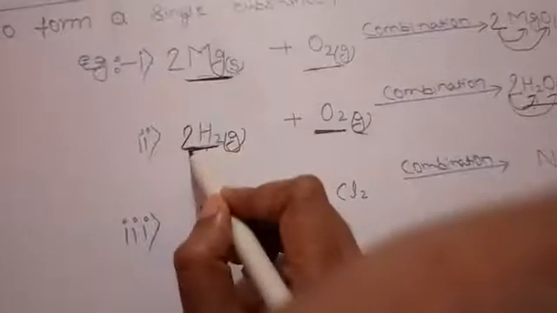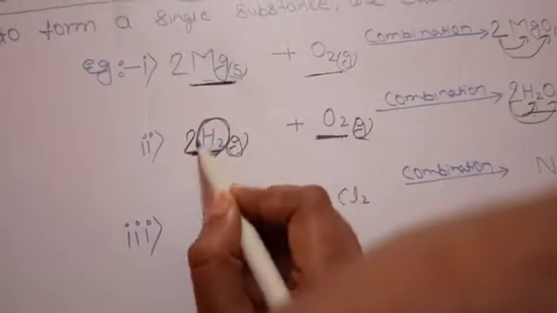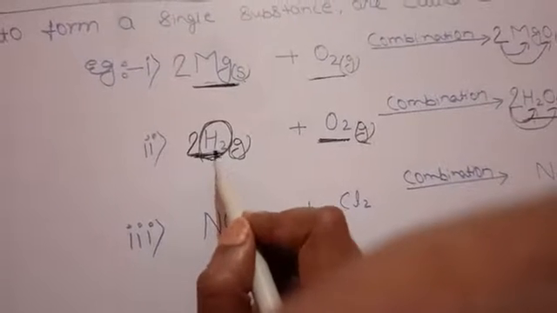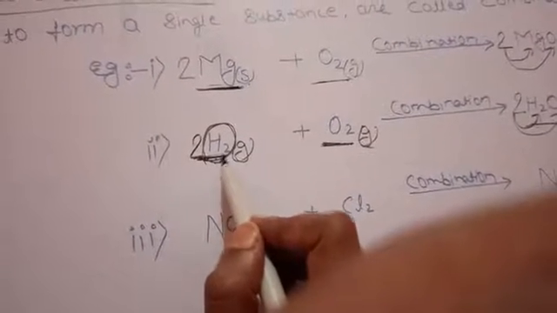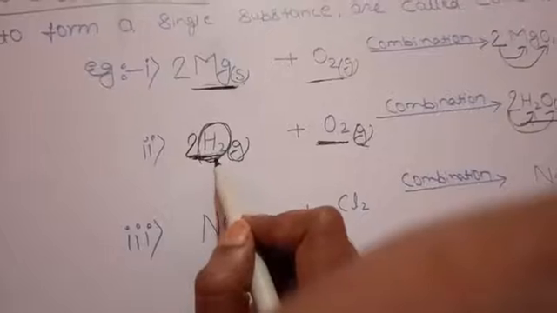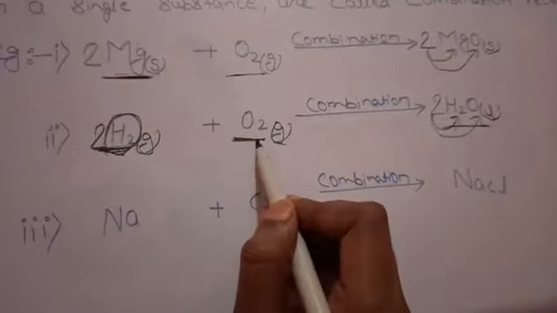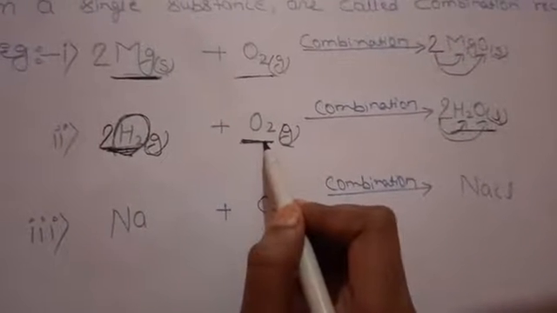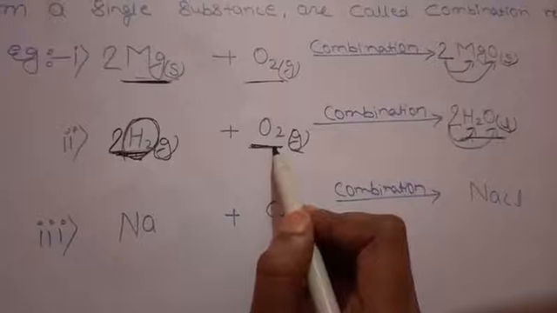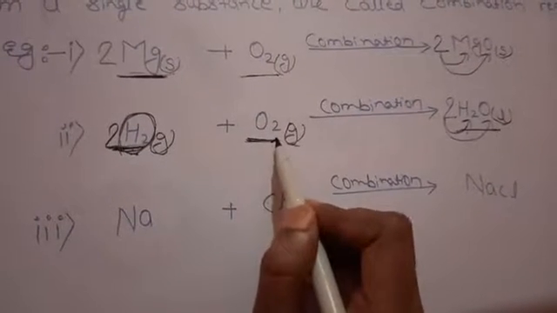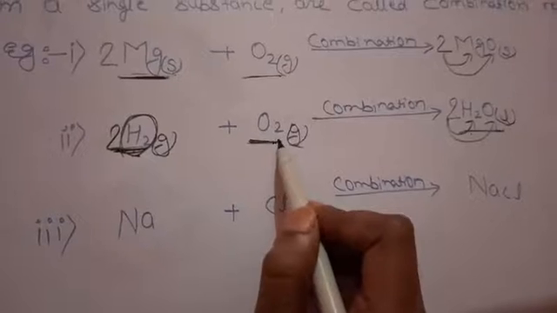Here you can see it is hydrogen. Do you know the property of hydrogen, children? See, hydrogen is an element, it is a gas which burns explosively. If we talk about oxygen, it is also another element. It is also a gas which does not burn itself but helps other things to burn.